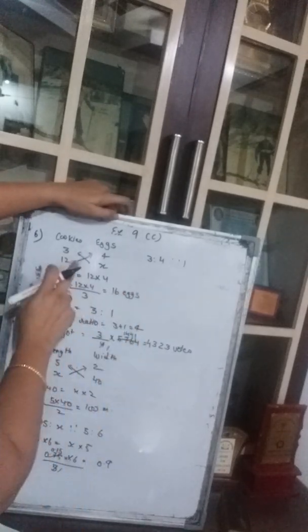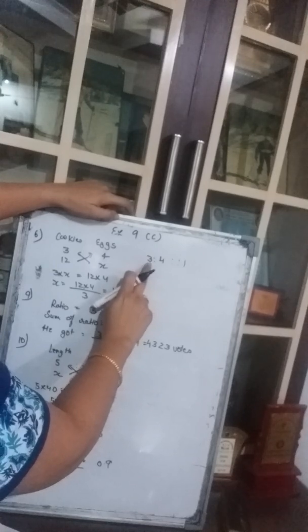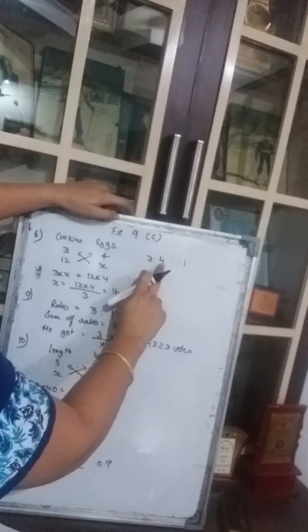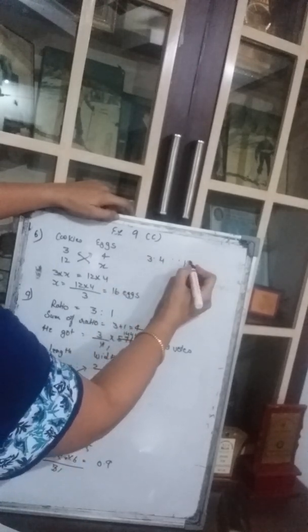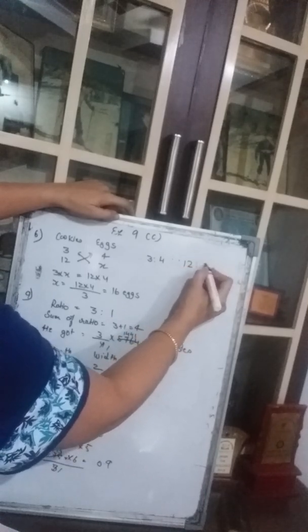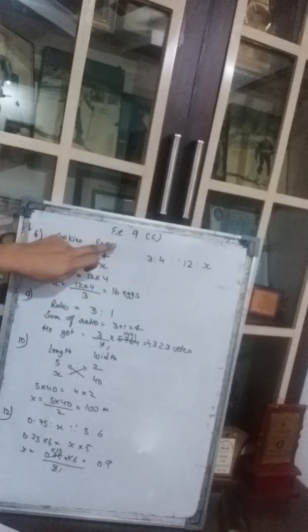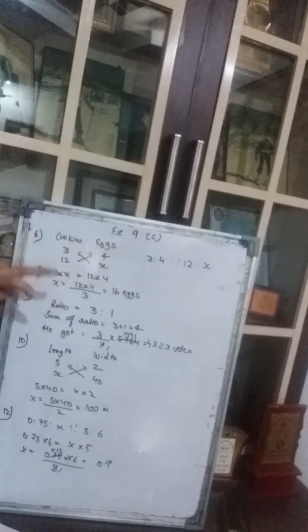Okay, so what we were discussing is that for 3 dozen cookies, they need 4 eggs. So for 12 dozen cookies, they need how many eggs? We do not know. So, you can either write like this or you can make the headings and put it under the headings also. Either way you want to do.